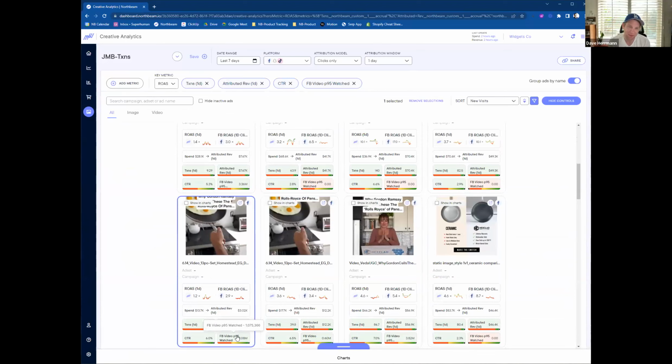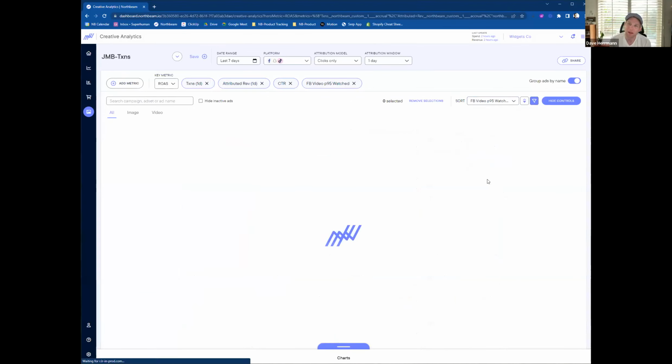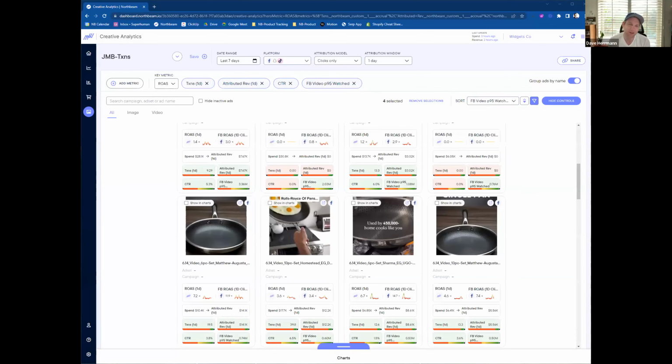Oftentimes, and this is something that's been funny, on TikTok what we've found is that if you mention the product in the first 2 to 3 seconds, that's the biggest drop off. So we like to move it to the 6-second mark, because TikTok will identify it as an ad quicker, and so they'll move on quicker. Those are the things you encounter when doing some of this analytics when you're looking at